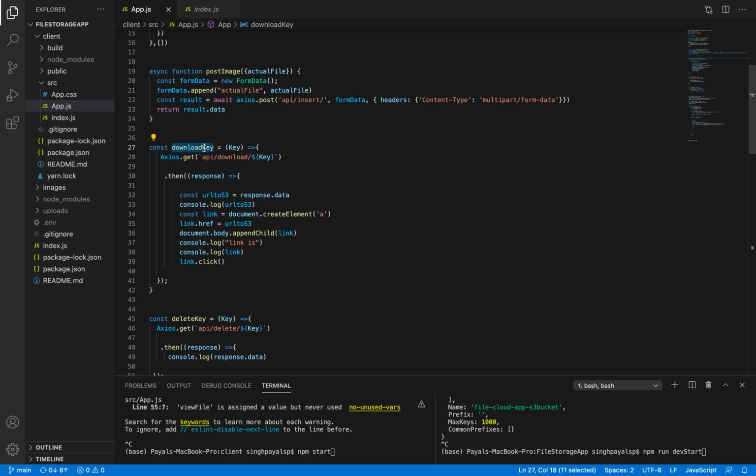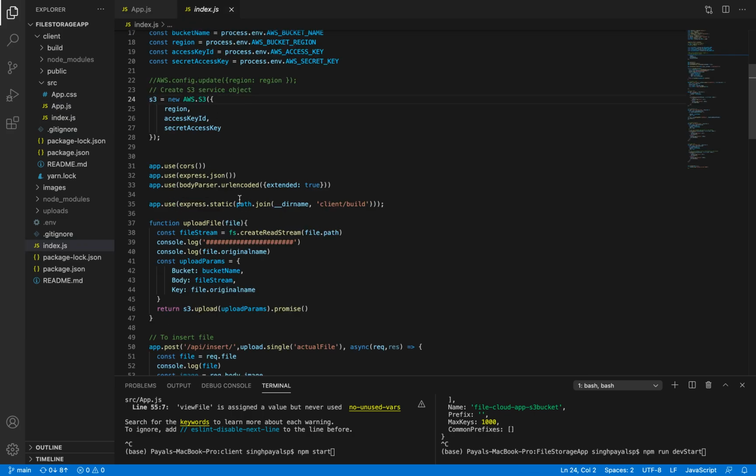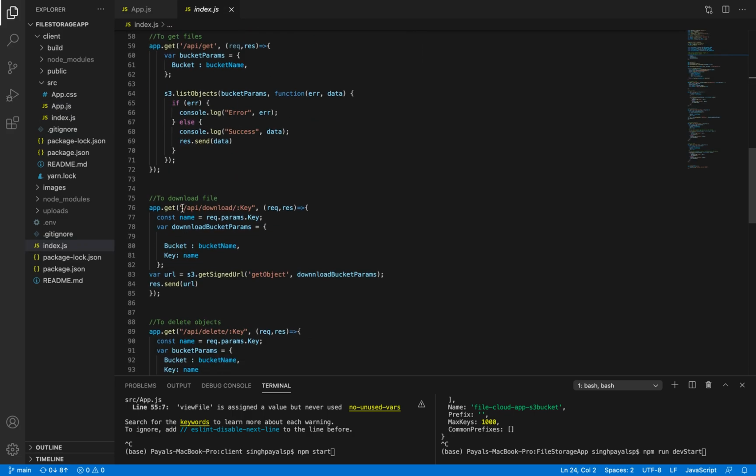It will go to the download key, call this function, and this function will again call axios.get api slash download with this key appended to it. So this will call the server, and now the server method will respond to that request.